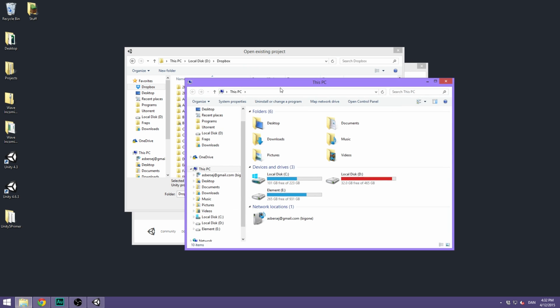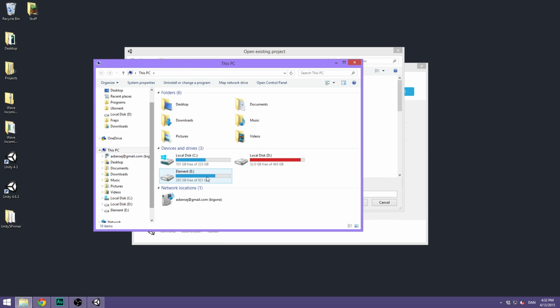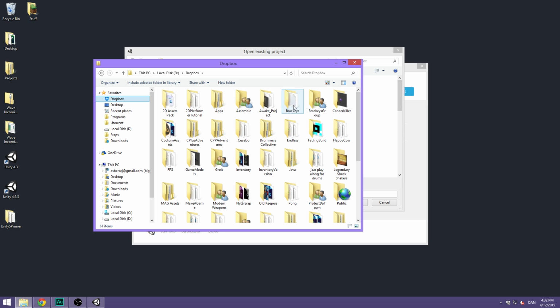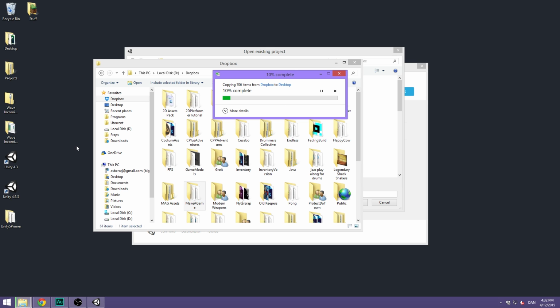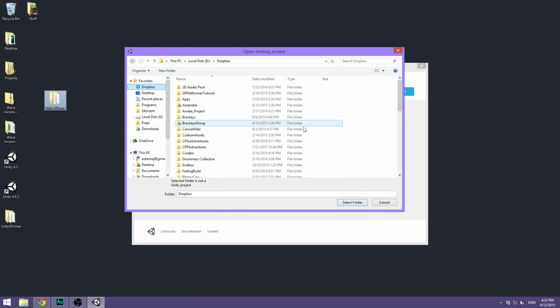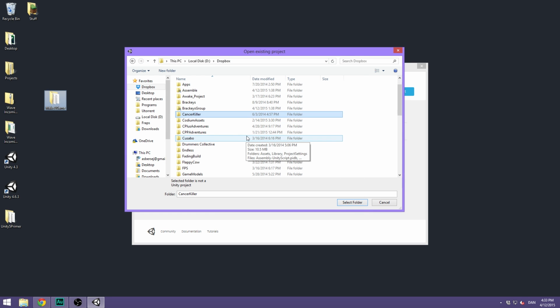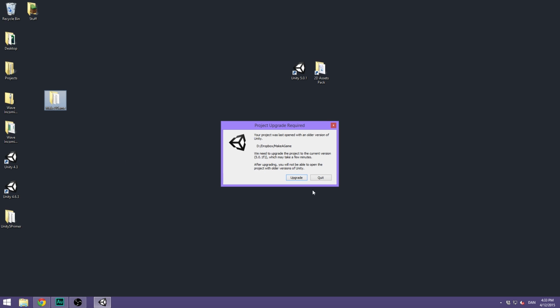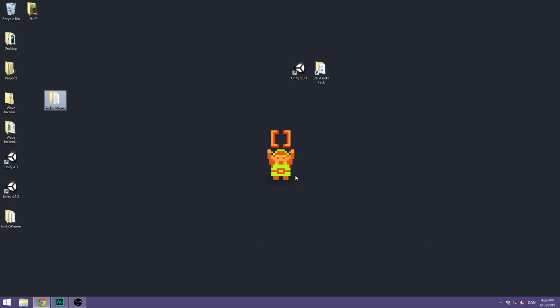And before you actually open up your project and convert it over, I recommend that you find it in your Finder. And I'm going to find mine here. And then just copy it over on the desktop, just so you have a duplicate should anything with the process go wrong. Unity 5 is still very new, and so some conversion problems may occur. So once that is done, find the project that you want to convert over, hit Select Folder, now click Upgrade,